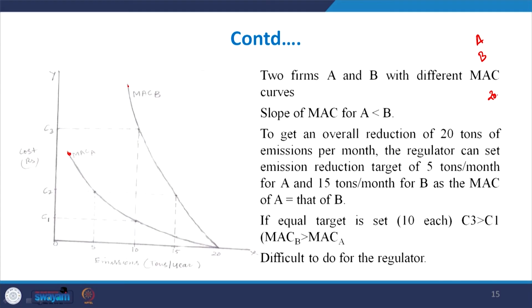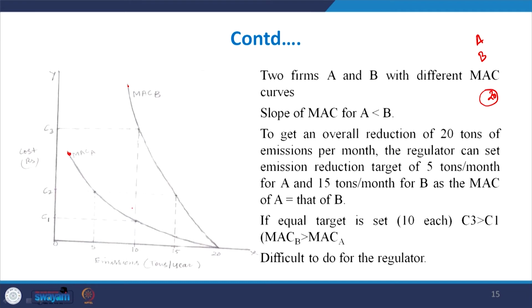Under the command and control system, uniform emission standards are set, and in that case if emission standards are set uniformly, then each of the firms A and B will emit 10 tons of CO2 emissions,